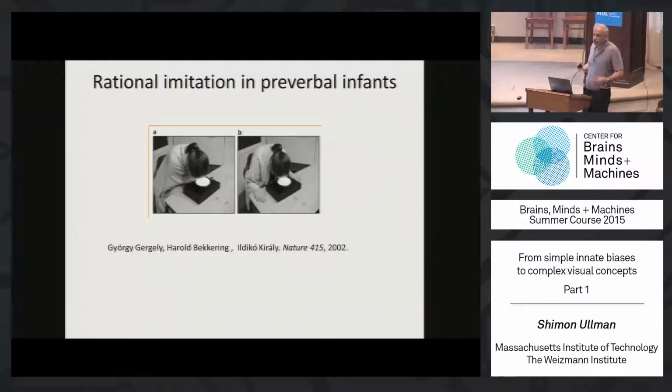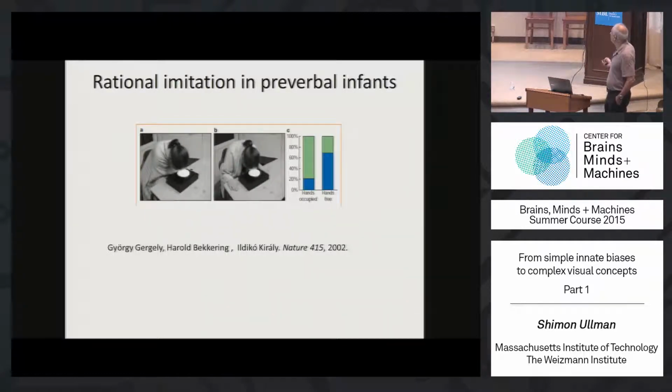Right. But think about a young infant, 1 year old, moving seemingly quasi-randomly and so on. Something like this went on in their head: here she did it with her forehead. She would have used her hands, but she couldn't because they were concealed, so she used her forehead, but that's not the right way to do it. I can do it differently. They don't say it explicitly, they don't have language, but that's the kind of reasoning that went on, and indeed a much larger proportion